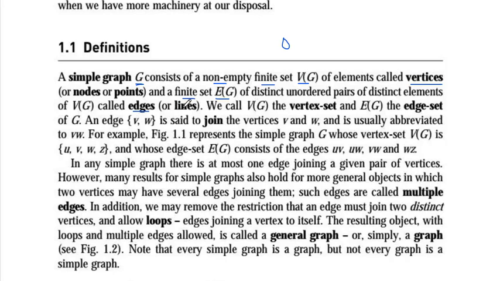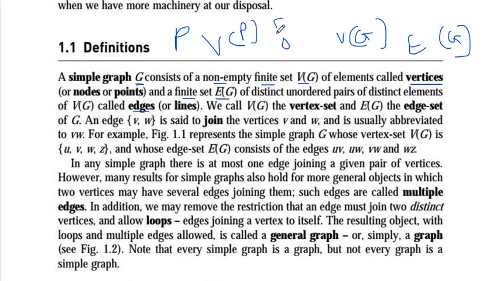So they have given the name graph as G, vertices as V of G, meaning vertices of graph G, and edges as E of G. Let's assume if we have named the graph P, then its vertices will be V of P, and its edges will be E of P. It's simply a name. The vertices of graph P, edges of graph P. So V of G is called the vertex set. In the exam you may be asked to write down the vertex set.